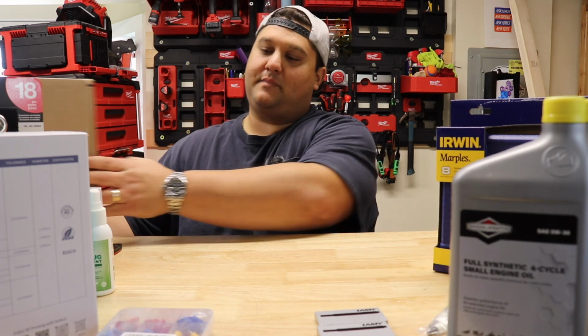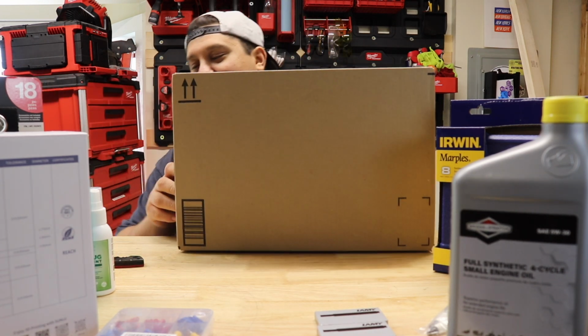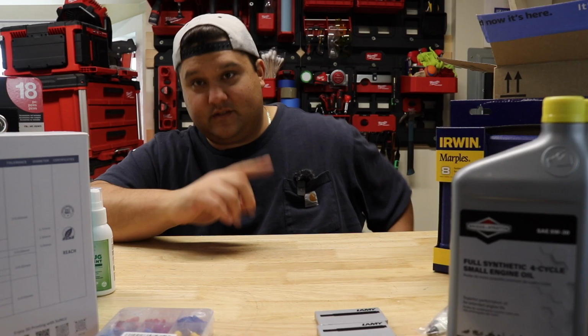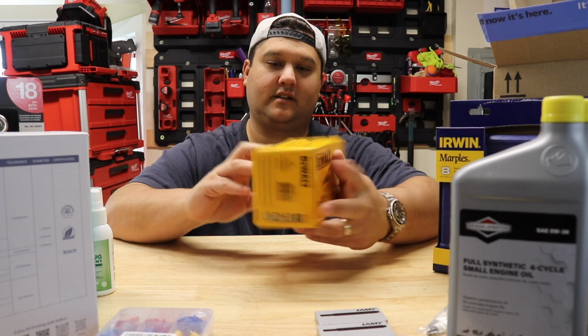All right, the last box, and I'm hoping that there's a lot of PPE stuff in here because I haven't had too much PPE yet, and that's really what I was expecting to open today. So I probably need to stop buying so much stuff on Amazon, but what are you gonna do? So that box is full of our PPE. I'm just gonna pull stuff out one at a time. First things first, we have